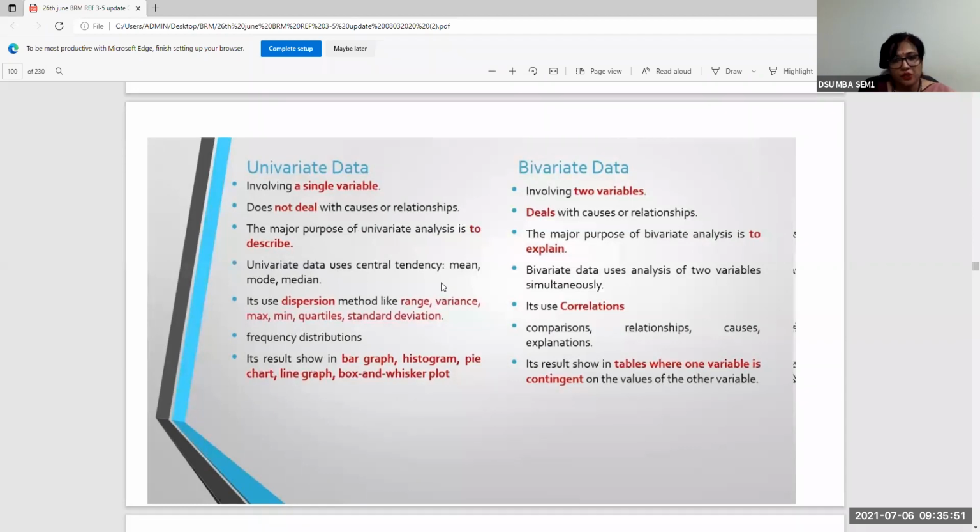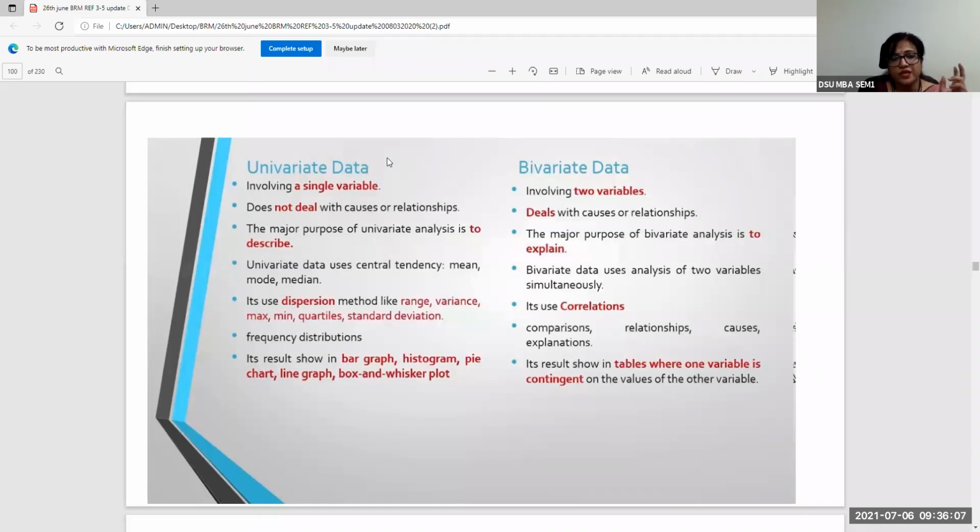And of course, the application you will learn with the case studies that we'll be doing in the class using the data that we are collecting, or using some of the data mentioned in the cases. And you will be using those case data. You will actually be entering the data in the software and you will actually try to perform the analysis.